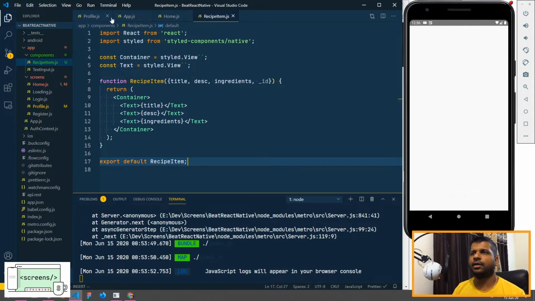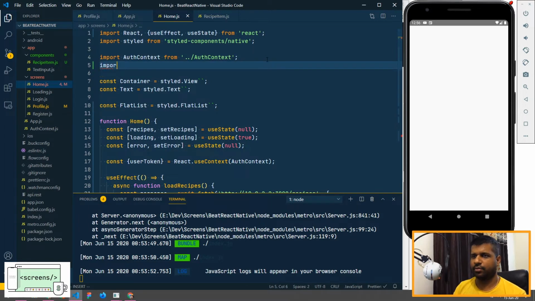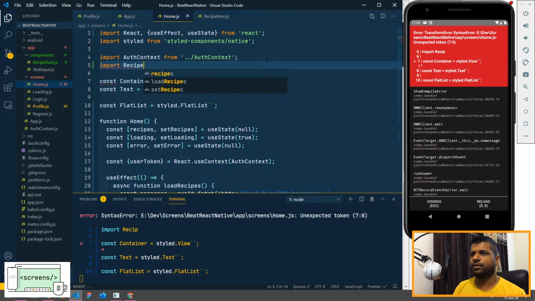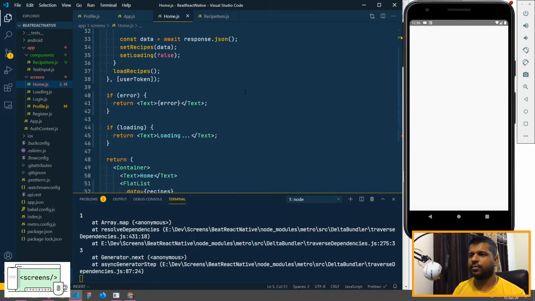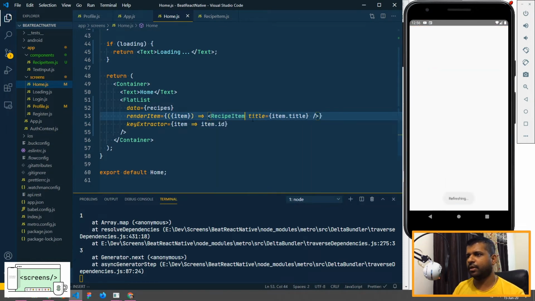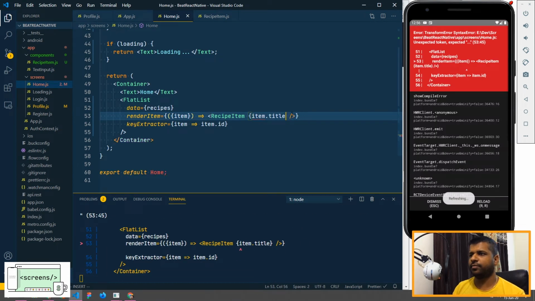Okay, and in home I'll import it first. Let's go ahead and import the component recipe item. Okay, so instead of item it will be recipe item, and here we need to spread the props or the item.